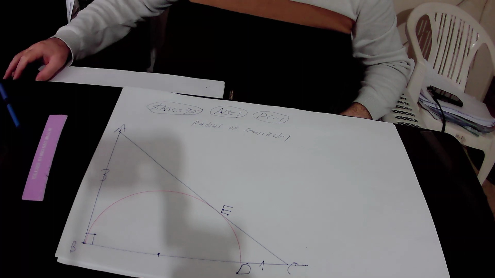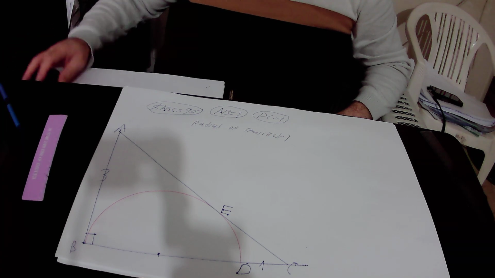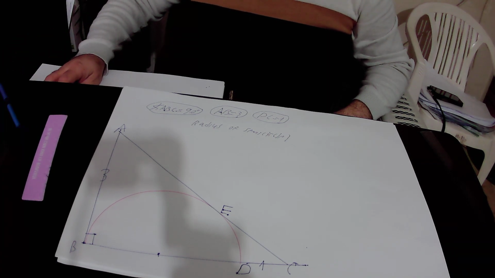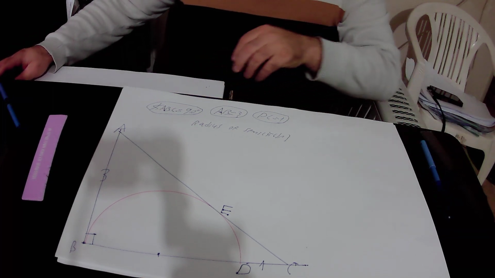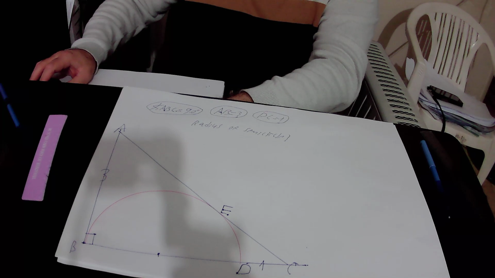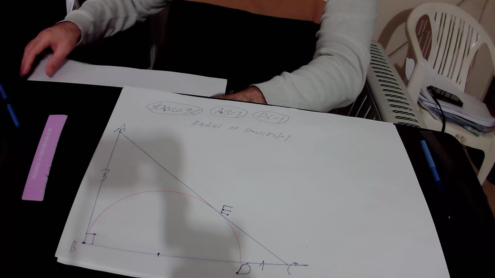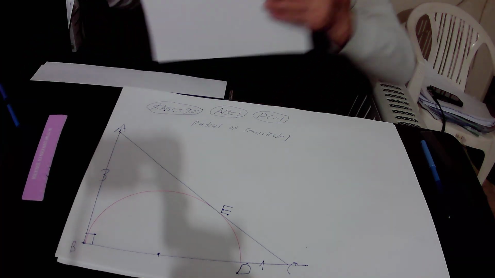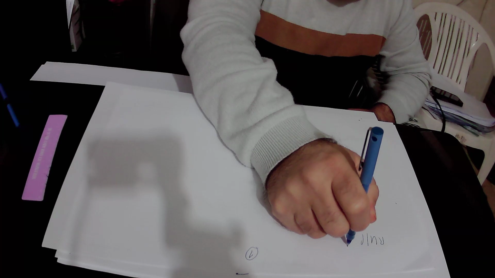So first of all, I will present to you a new rule, rule number 1, and we will implement rule number 1 in our drawing. Rule number 1, or two tangents theorem, states that